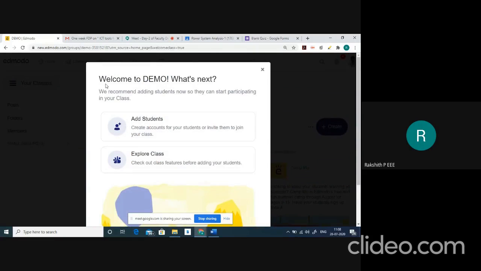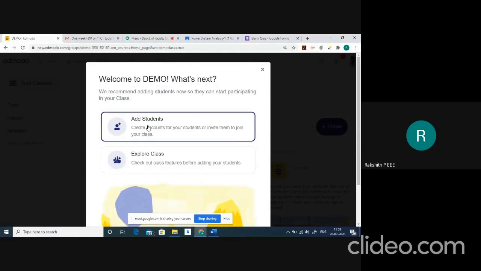See here, this is the welcome window. Here it is showing welcome to demo, what's next. Here you can do 2 things. One is you can add students, or you can explore class. So I'll select this. Since I have created a class, I should know how to add students to my class.